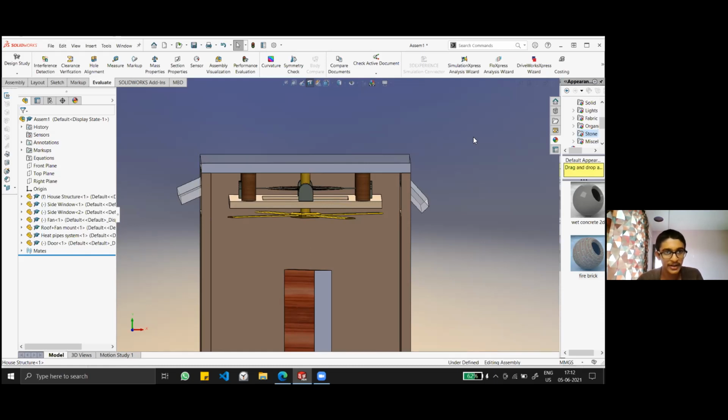But if the location of my home or area of interest is very close to coastal regions where there are less temperature fluctuations, such as in Bombay or in Goa, in Chennai, then the temperature during the night is not going to be very low with respect to daytime, and in that case this type of system will not be that efficient in cooling the room during the day. But if there are enough temperature fluctuations, that is at least 12 degrees, then we can easily incorporate such designs, and this can be very helpful in cooling our homes during the daytime.